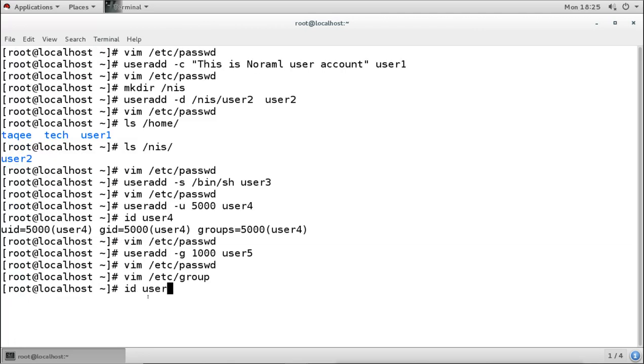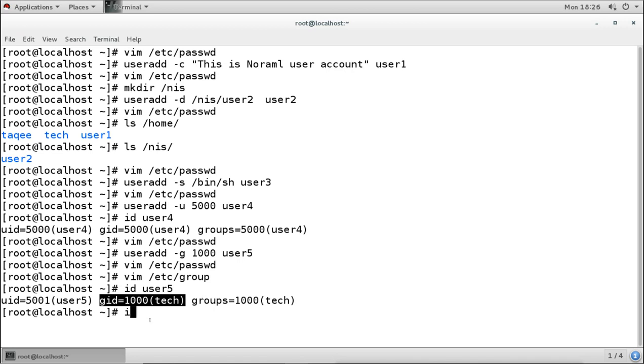Now when I run the id command, id user5, what we see here is the UID and this is the username, and the GID you can see is 1000, and this is the group's GID, tech. The same group is also the primary group of the other user.